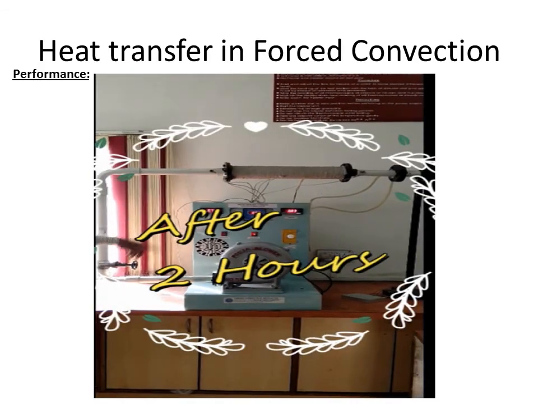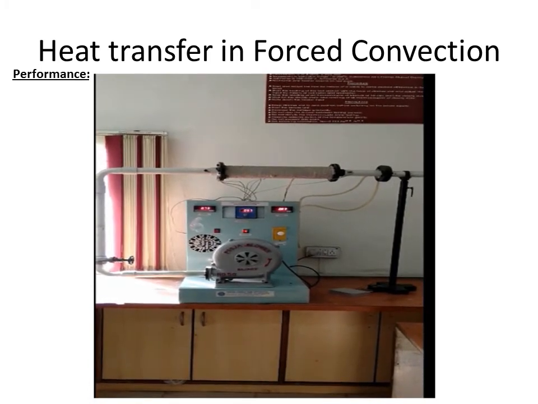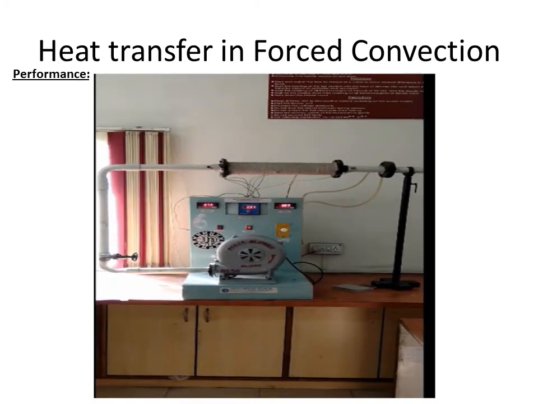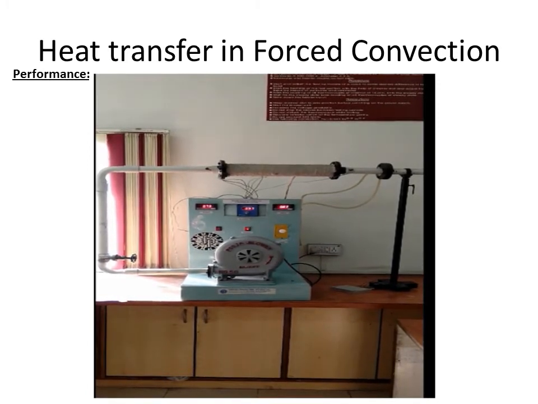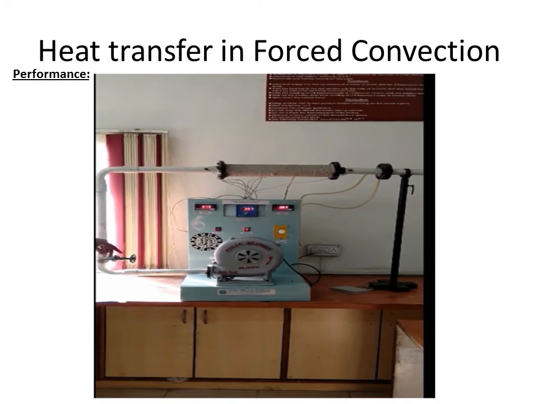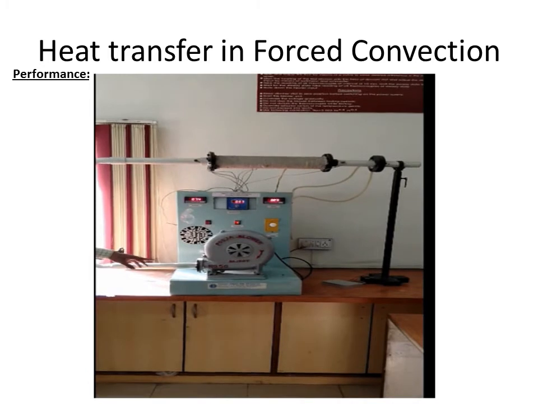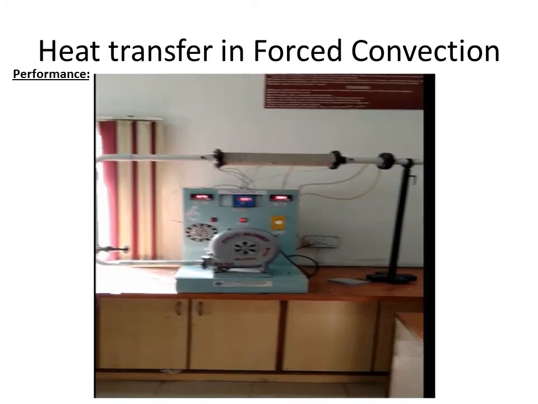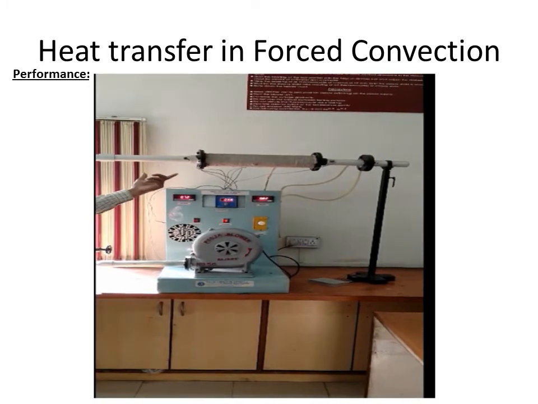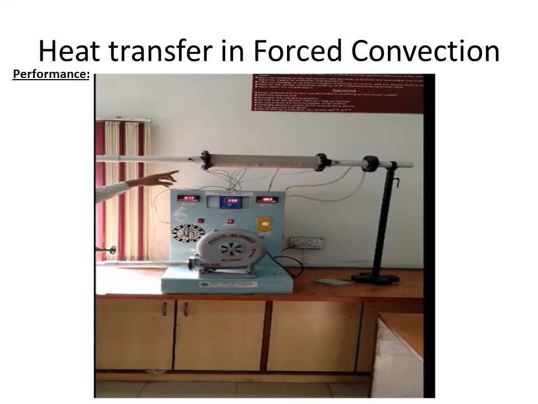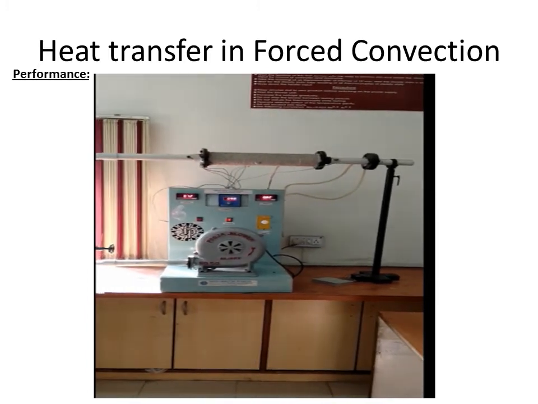Okay, now this is the setup for forced convection. So basically, in this particular setup, we can find the heat transfer coefficient for air by the influence of forcefully blown air. So now you can see the blower which is to be coupled. That blower is continuously blowing the air. You can see at the center the specimen which is to be coupled. The blower inlet air is coming and blower outlet air is going out from that section.